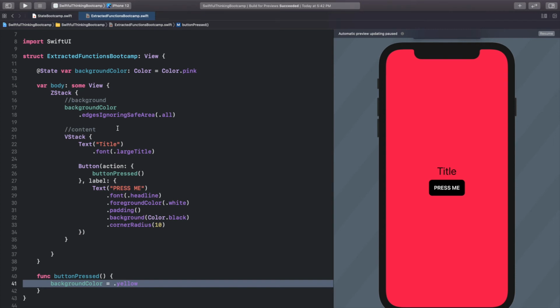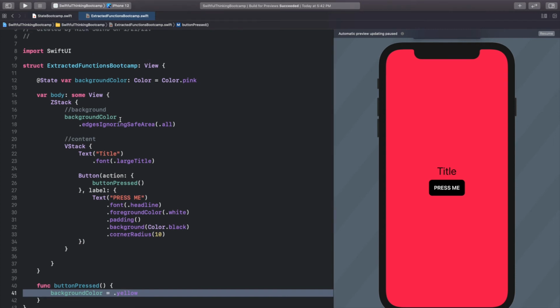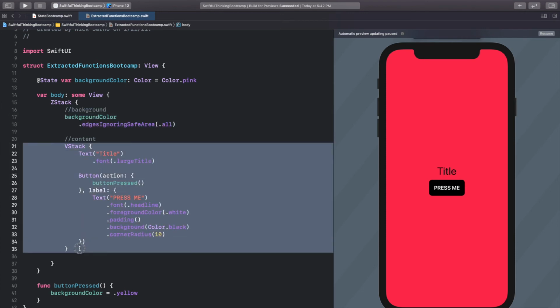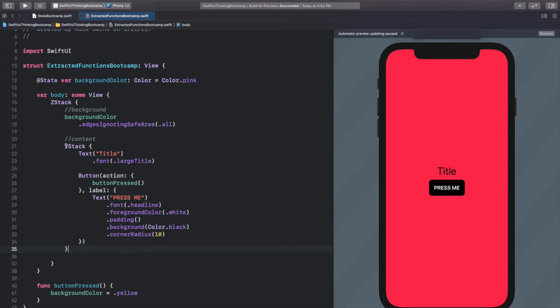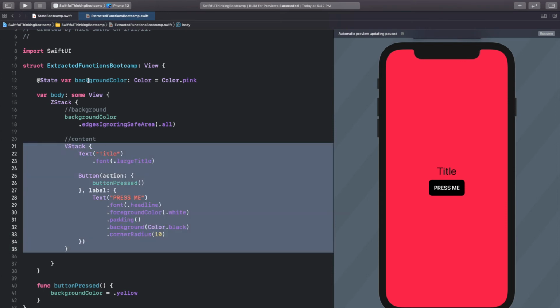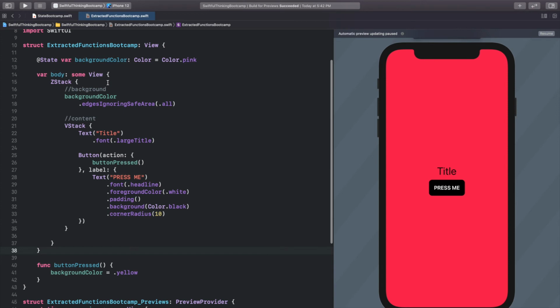And the second part I want to show you is that we can also extract parts of the view itself. So right now, this still is not that long, but you could imagine if it got longer and we wanted to maybe separate our layers, right? So we have this background layer and then we have this foreground or this content layer. Well, I could actually make this whole layer its own variable. I'm going to scroll down underneath the body,